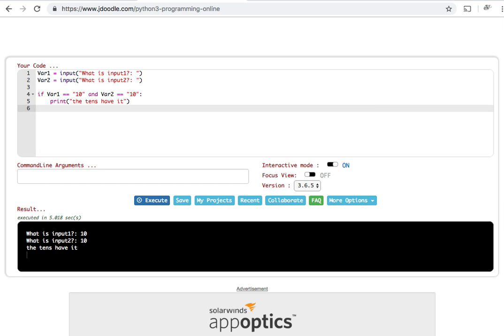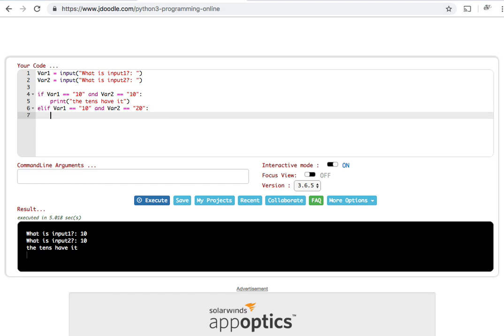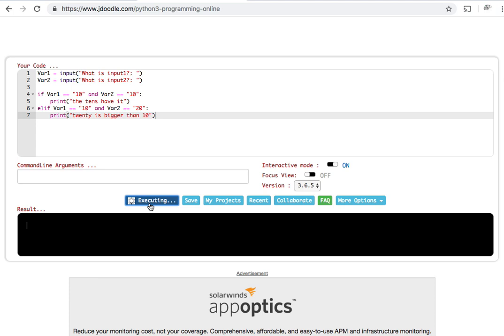But now, what if I don't want to do that? I want to do an elif. So elif, let's just say elif var1 is equal to 10 and this one's equal to 20. I'll print 20 is higher than 10. Because it is. It's a higher number. Now, screw it. Let's say it's a bigger number. So now, if I execute,